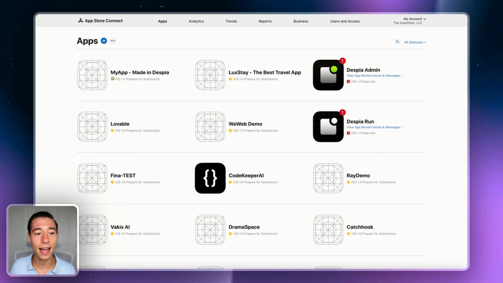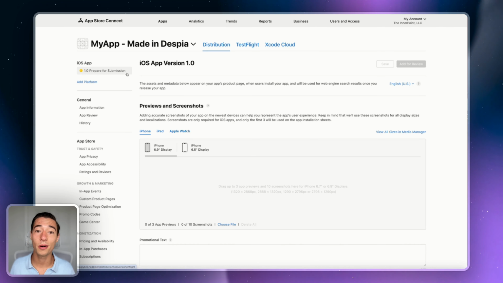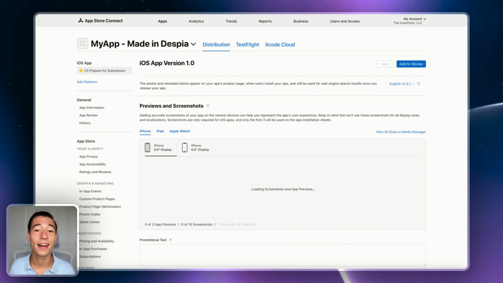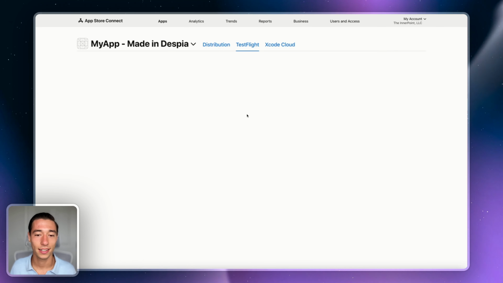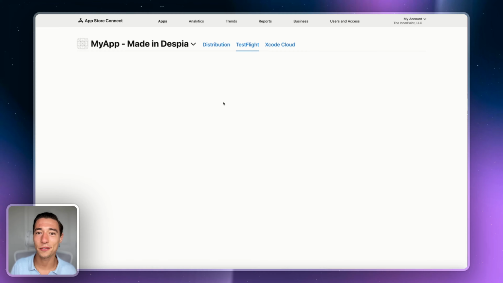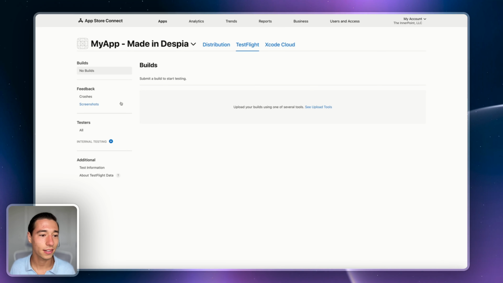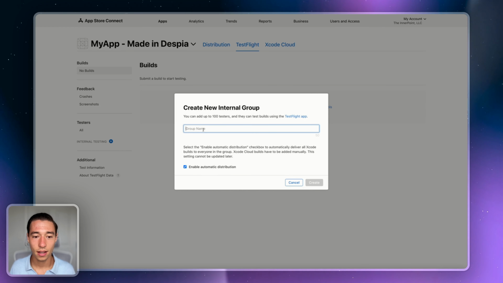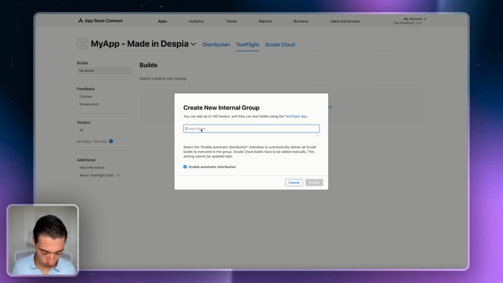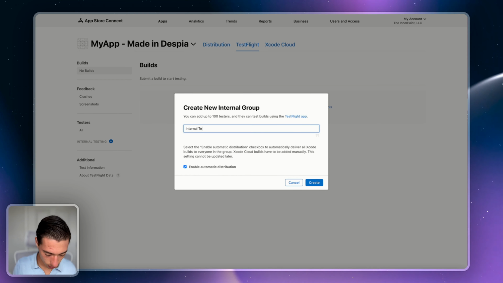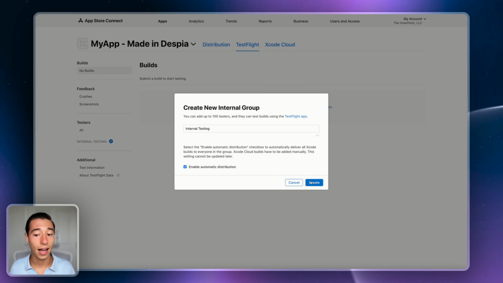We will go to the app that we have just created, because now we want you to be set up with TestFlight. So we will go on the TestFlight tab, and you will need to invite yourself to the TestFlight team. It will load a little bit. There you go. We will now go on internal testing, and now I will create a group name. I will call this internal testing. I will create,